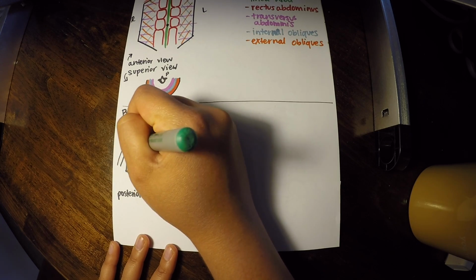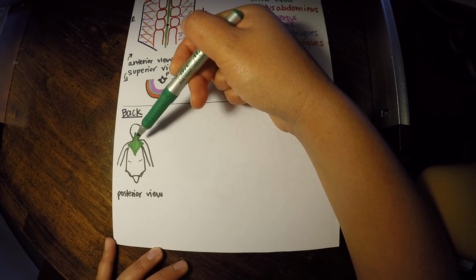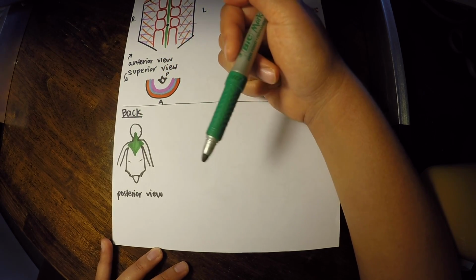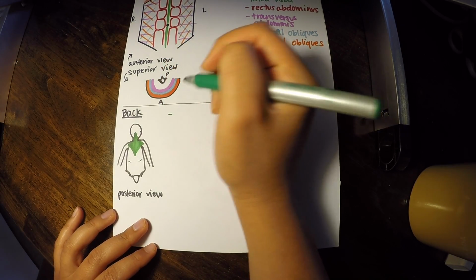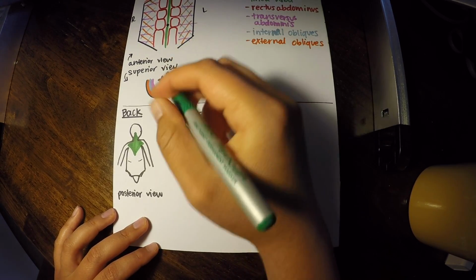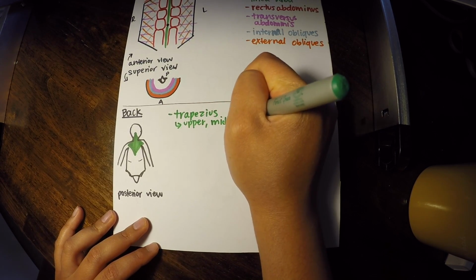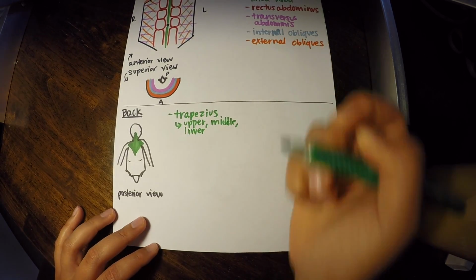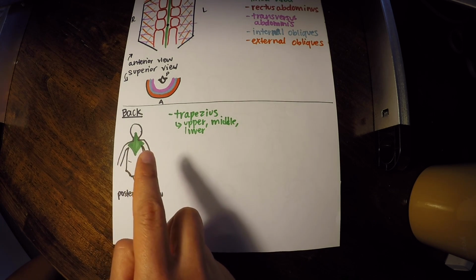If you've ever heard of overusing your upper traps, which are up here towards the top of your shoulders, that's one component of our trapezius muscle that we're learning about. But I just want you to know it as one big piece. I don't need you to break it up, so I'm just going to write trapezius. And then I'm going to write a little note that there is an upper, middle, and lower. But that's all we need to know for now. There are a lot of different actions, but what I want you to know is that it moves the scapula. That's one of the main actions of this muscle as a whole.